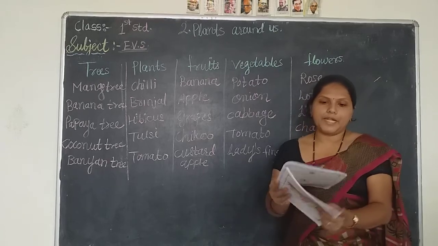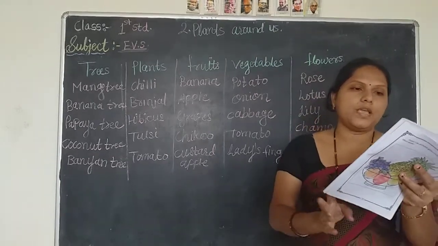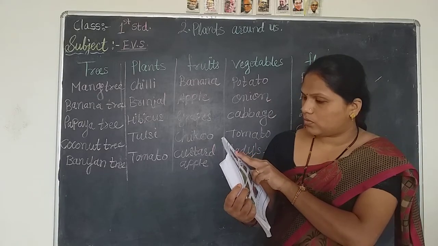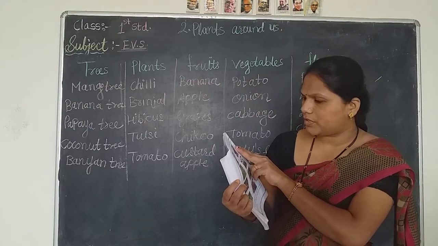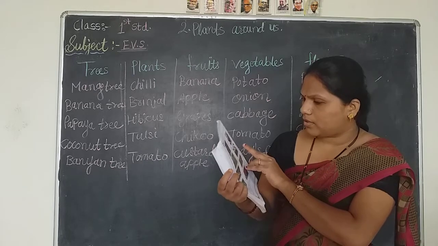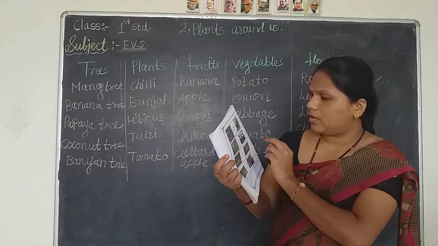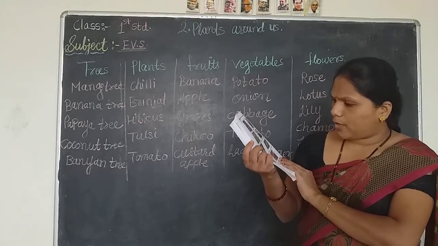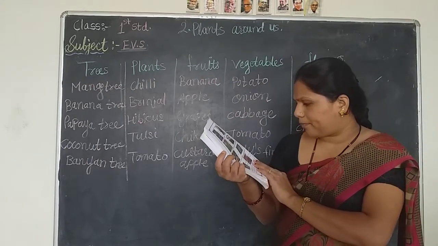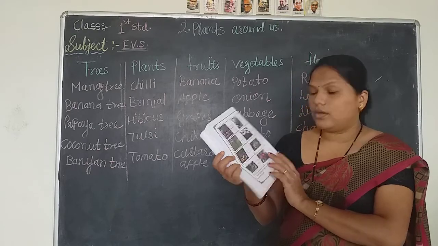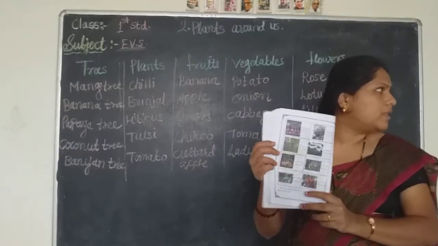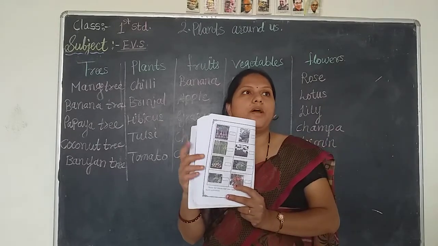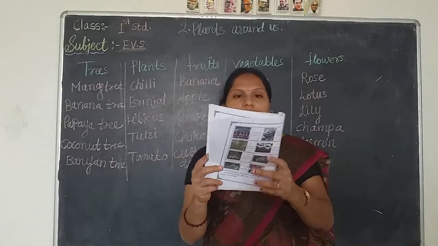Next point. On page number 19, they have also given the same: beetroot. Next, these are forestry, bamboo tree. There are some different flowers, potatoes, coconut tree. All the trees and plants are given here. If you see them, make a right mark. If you do not, make a cross mark.